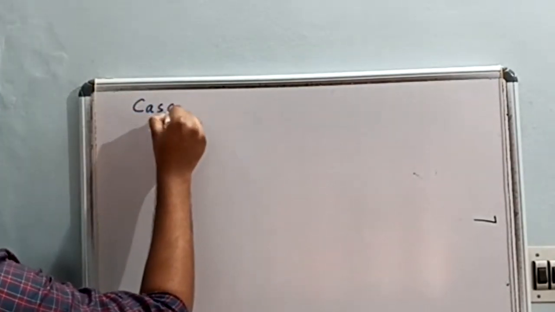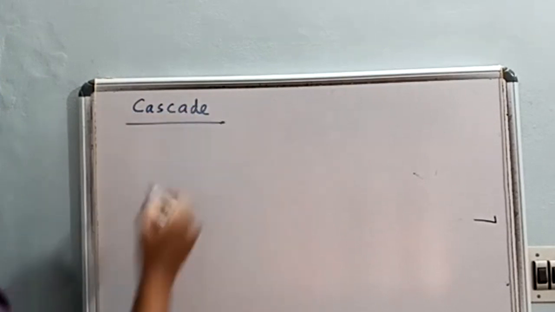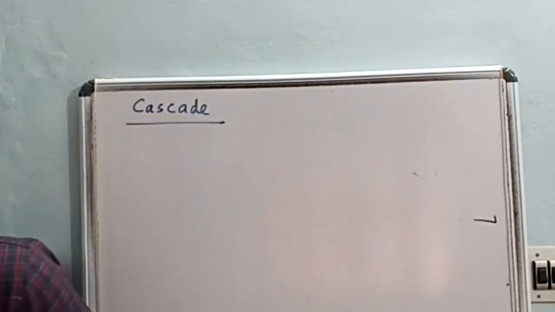So then next is your cascade control. What is the meaning of cascade control? In cascade control, you will have more than one measurement and one manipulated variable. So one manipulated variable and more than one measurement. Based on that, I hope you remember, we have done a lot of things.